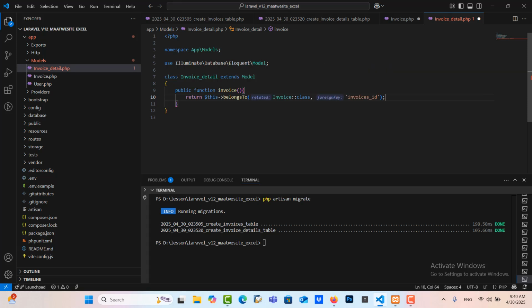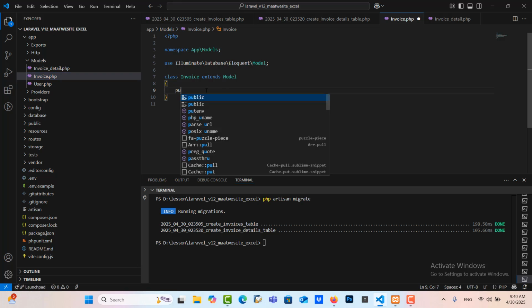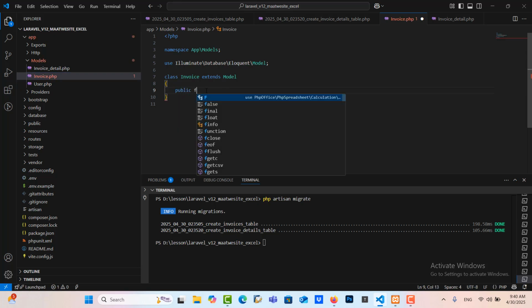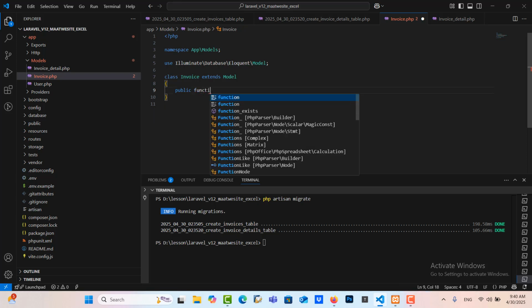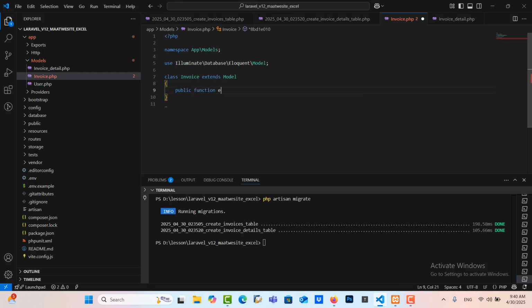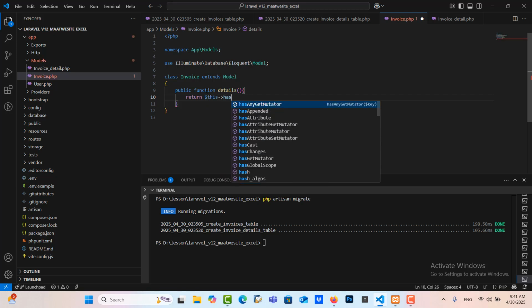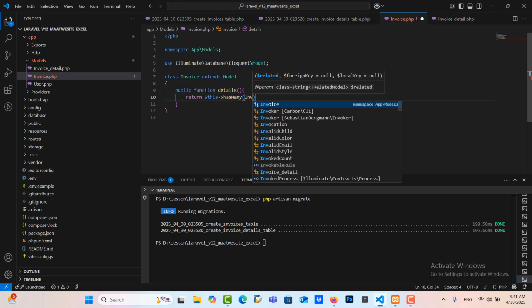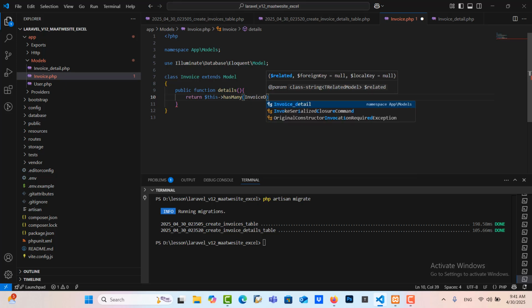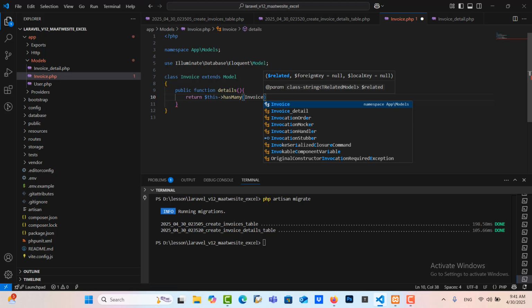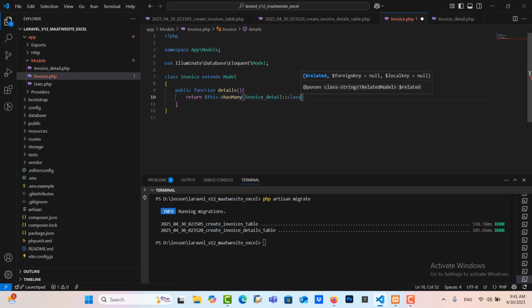This belongs to invoice with invoice ID. And we move to model invoice and we write the function details, and then we return has many invoice details with invoice ID. Okay, let me save it.